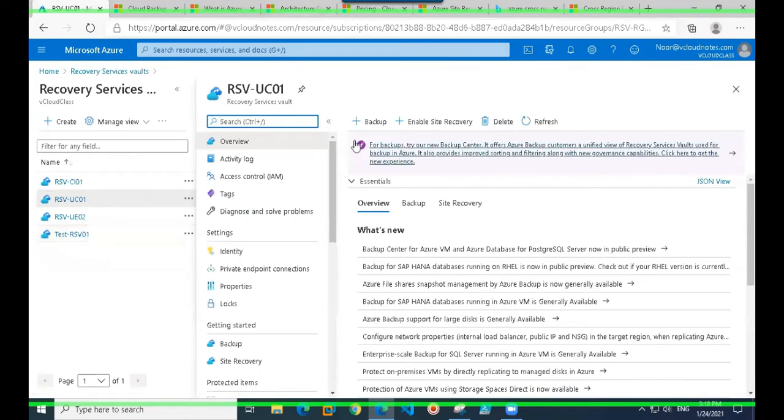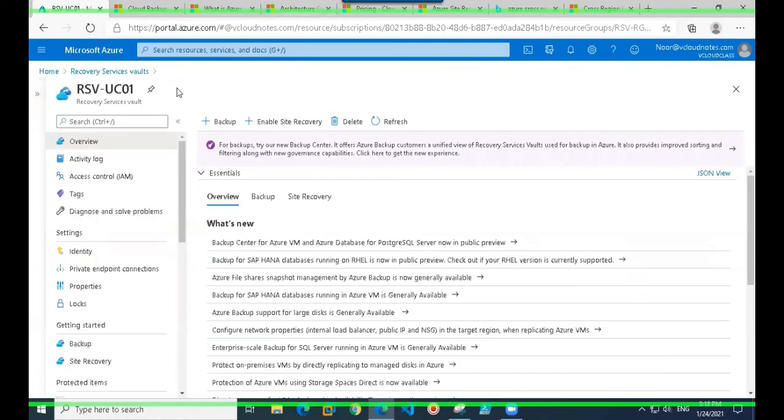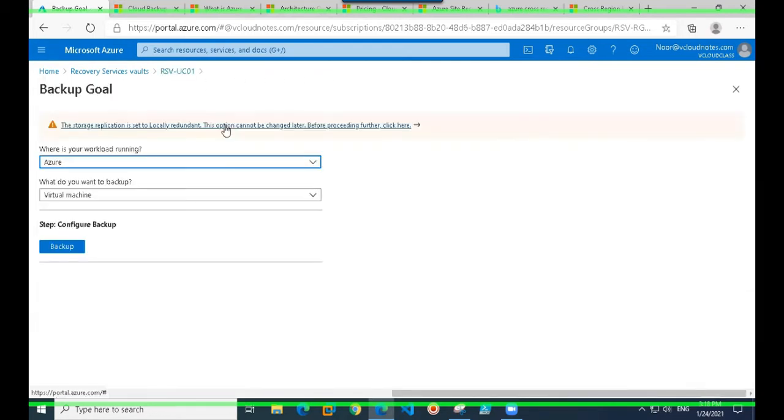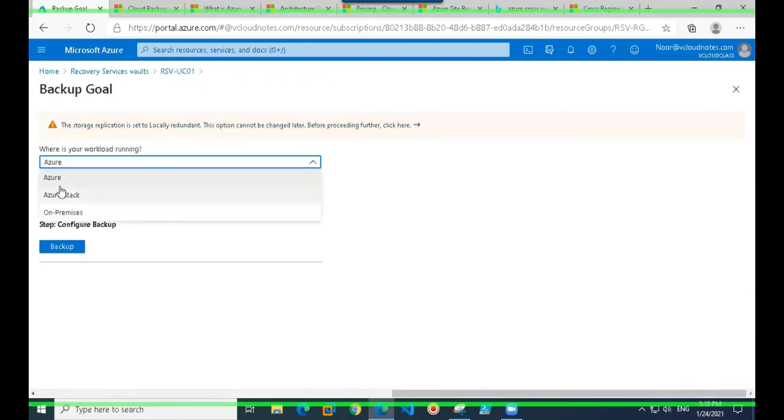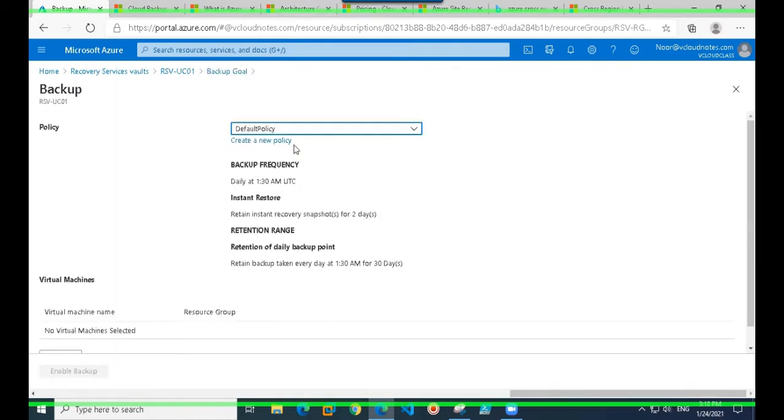Okay, so this is the recovery services vault blade. I will show you how you can create a recovery services vault, but here I'm just showing that you can't use a recovery services vault which is in a different region. If you go to backup, I want to use it for Azure virtual machine. Okay, configure backup. I would use the default policy because I don't intend to use it, I'm just showing you.